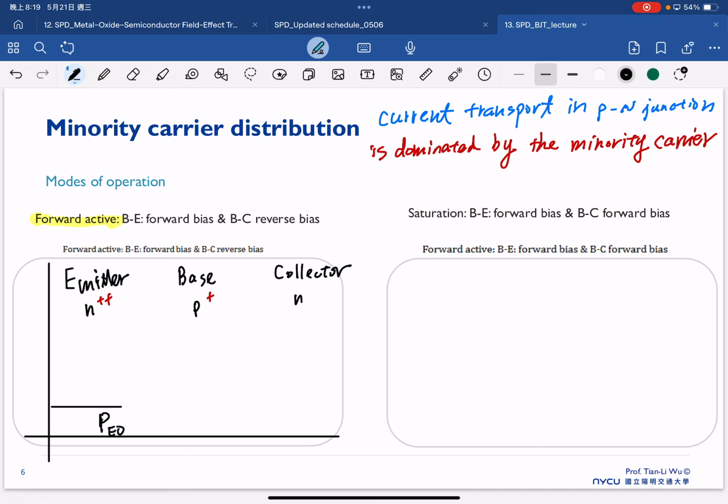The 0 means that this is under the equilibrium condition. So this is the minority carrier